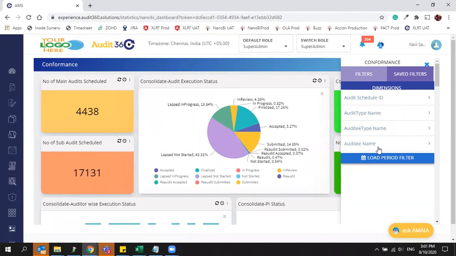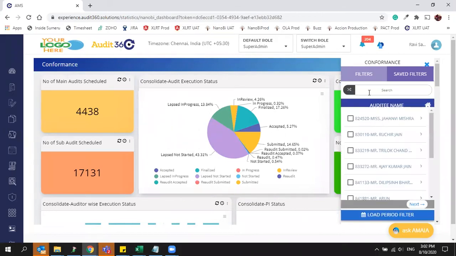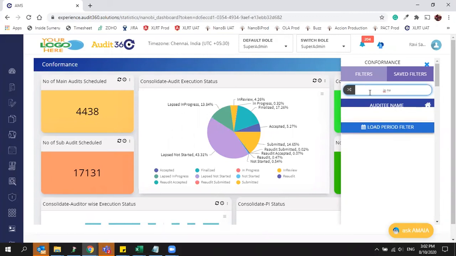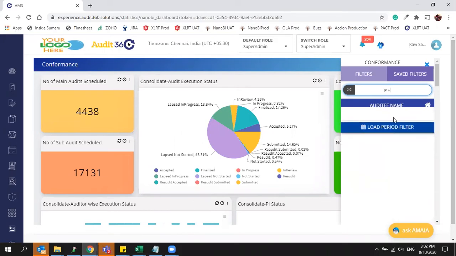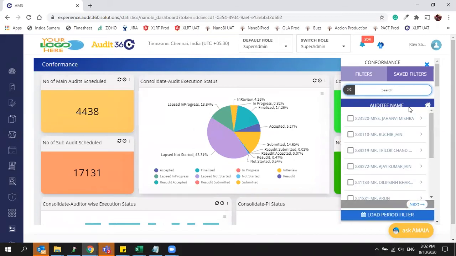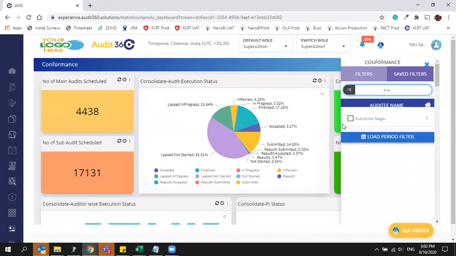Now suppose you want to see only JP Nagar or any specific auditee data, then you can easily access that based on your selection. I'll just go with any of the auditees. I'll go with this.